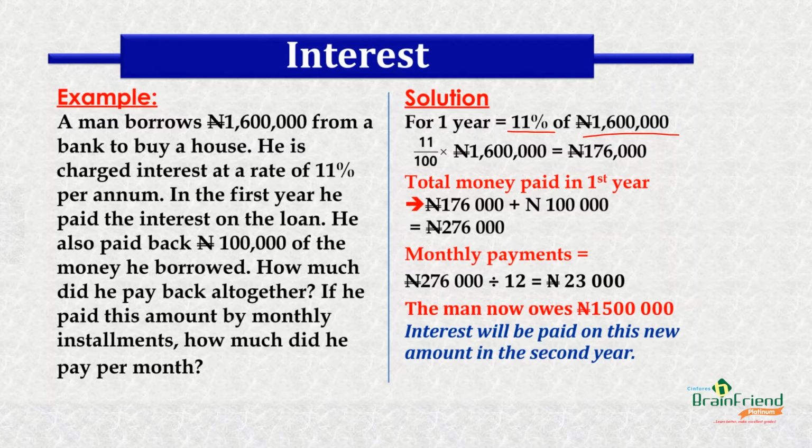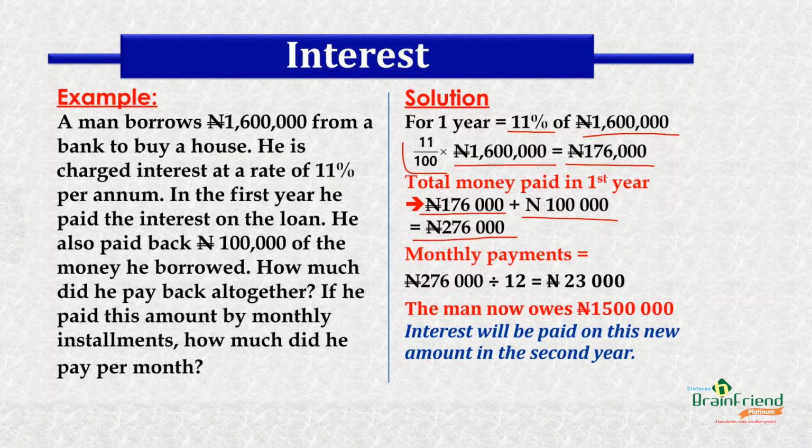And then to do that, we write 11 over 100 multiplied by 1,600,000. And that gives us 176,000 naira. So, the total money he paid in the first year was 176,000 naira as the interest on the money, and then 100,000 naira additional. So when we sum that, we are going to have